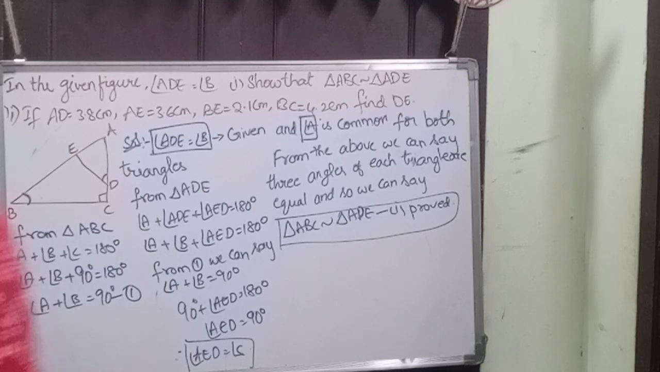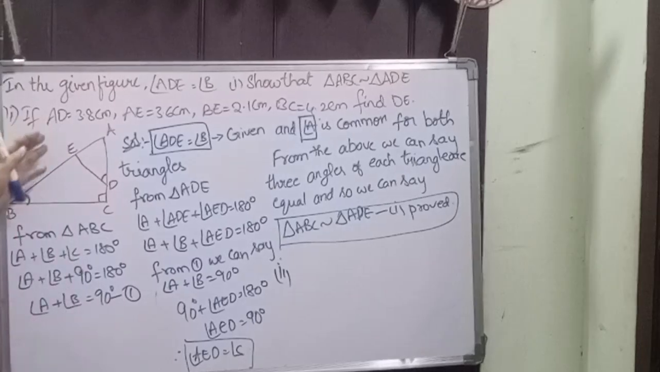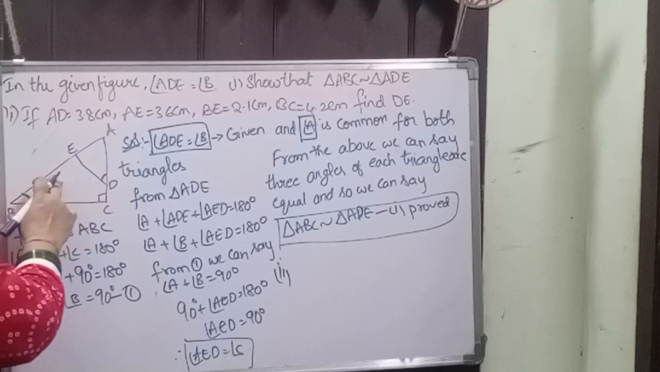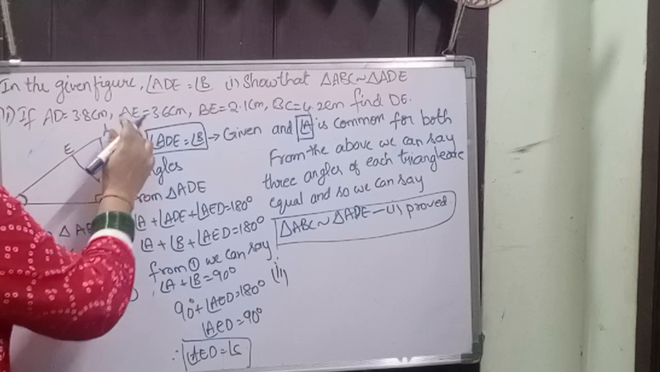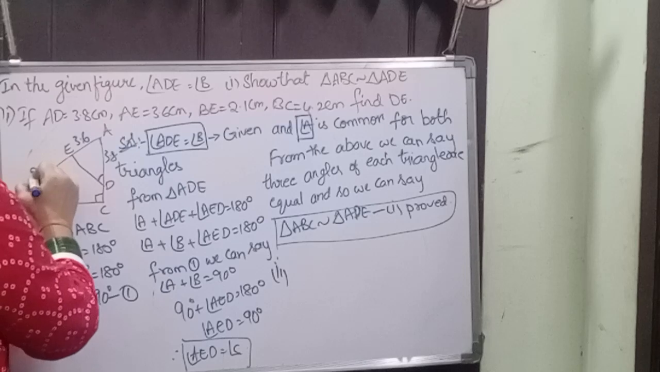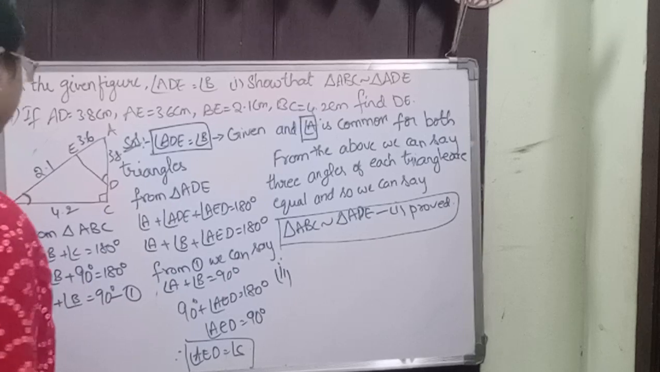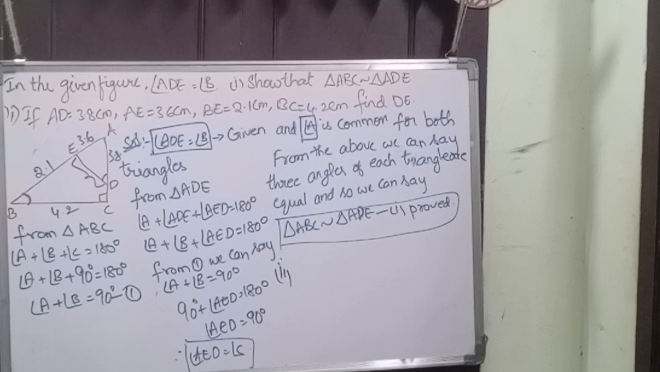Next, second bit. What is given? In the second bit, we have to find DE, means this length. It is given AD is 3.8. Next, AE is 3.6, and BE is 2.1, and BC is 4.2 centimeters. We have to find DE. Okay. So before that, as the triangles are similar, what we can say,